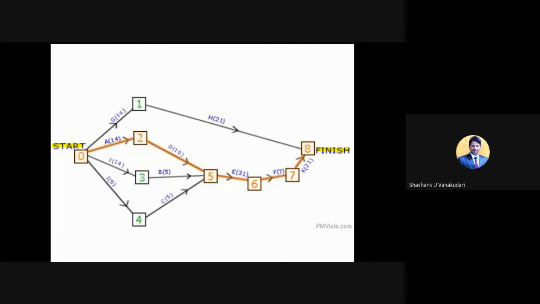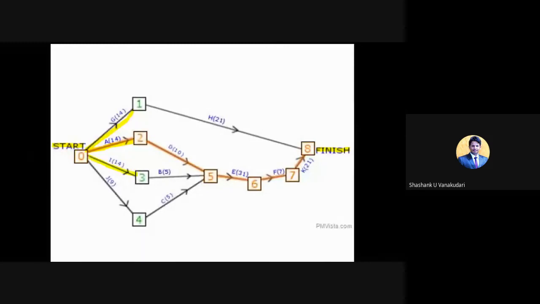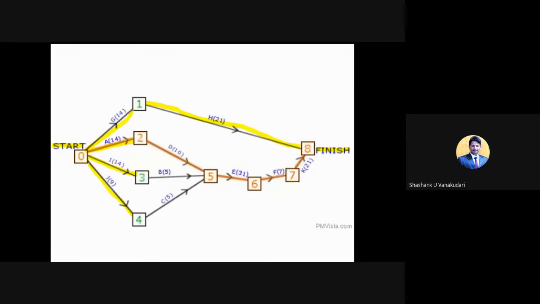That is, 0 to 1 is one activity, 0 to 2 the second activity, 0 to 3 the third, and then 0 to 4 the next activity. Like that, the other activities have also been given, that is 1 to 8. You can give any number for this. These numbers are not specified, just to follow the order we have given the numbers for those activities.